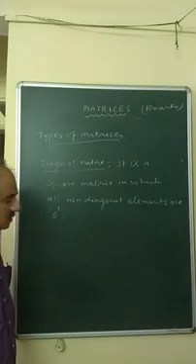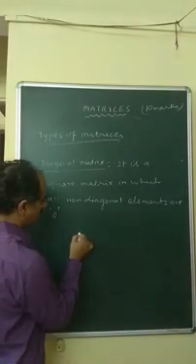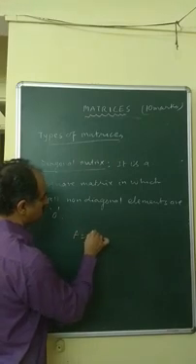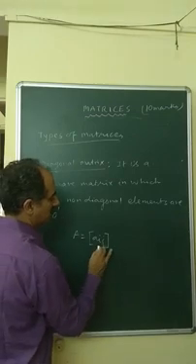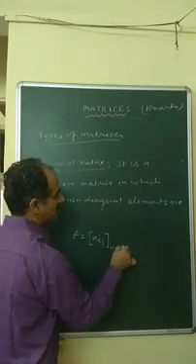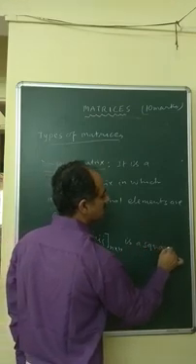You can say A equals Aij, n cross n, is a square